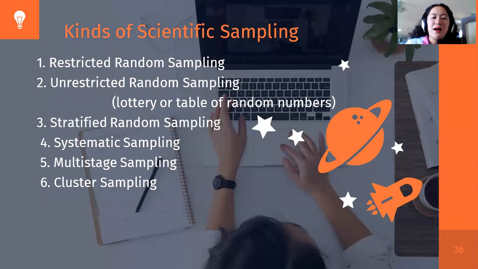So next we have the systematic sampling. This is quite similar to the table of random numbers, where you indicate a number for each population sample. So for each respondent in a population sample. So if you have to choose the fourth, for example, so the fourth, 1, 2, 3, 4, we have the